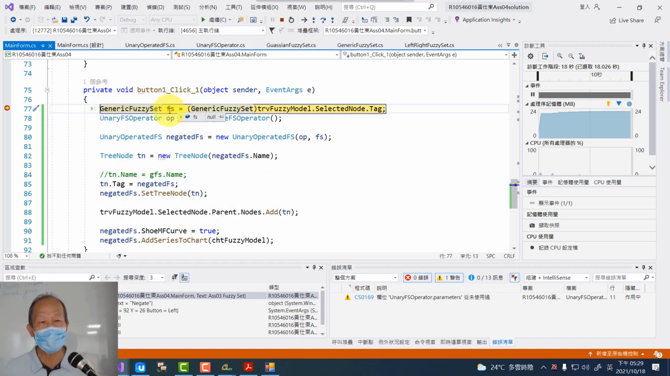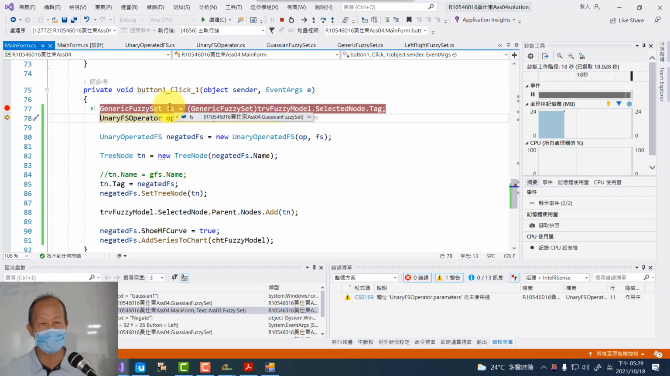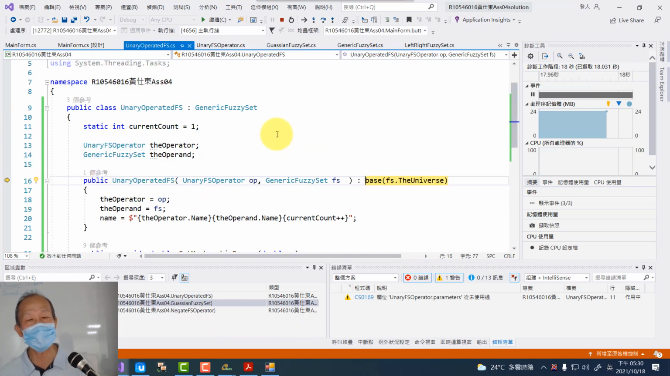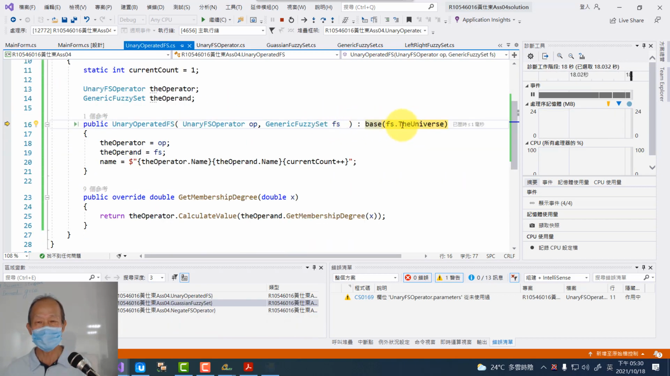So we get the fuzzy set, right? Start from the selected node. It's a Gaussian one, so we get it, FF. FF is to, oh, okay, do not have a ToString. We have the operator created. Then we are about to create a unary operator fuzzy set, so we enter it. We press the F11 key, came to here. So always start from the,